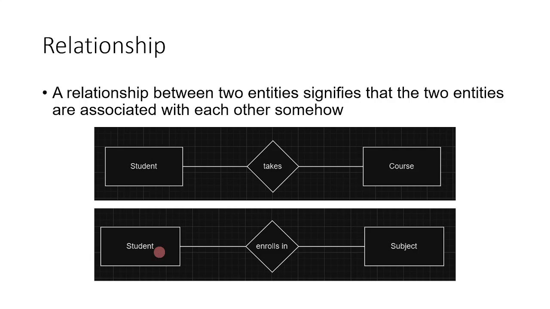Okay, so this is how we are going to signify the relationship between entities. And by the way, we are not limited to only two entities, but still, as you can see here, we have a single student entity, then it has a relationship with a course and a subject. Okay, so